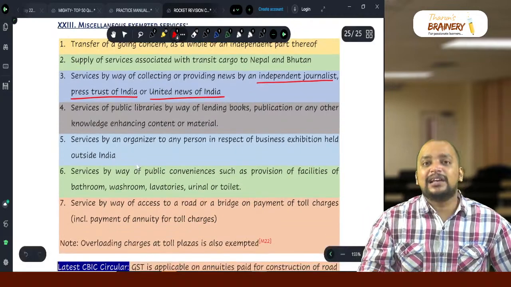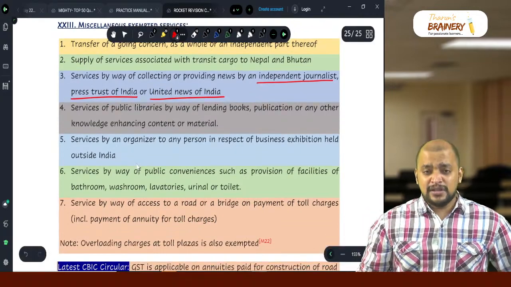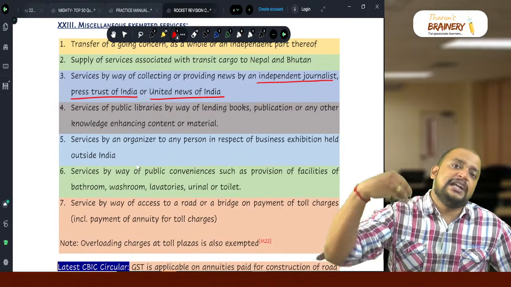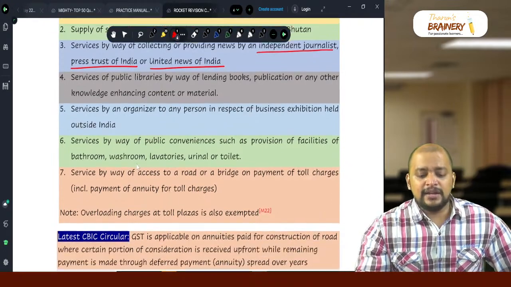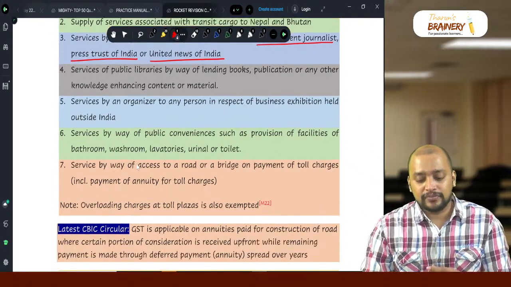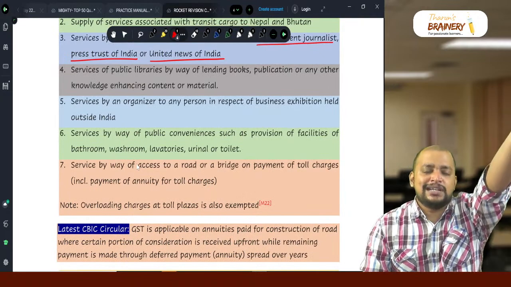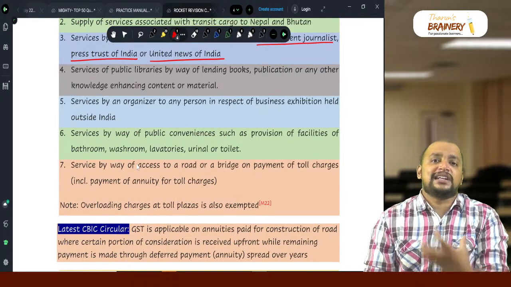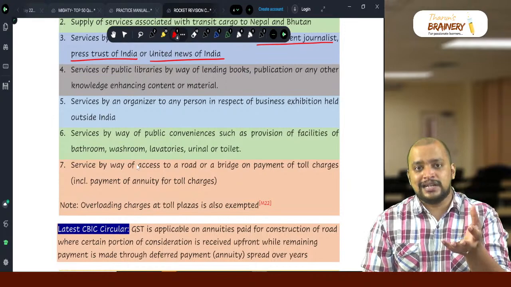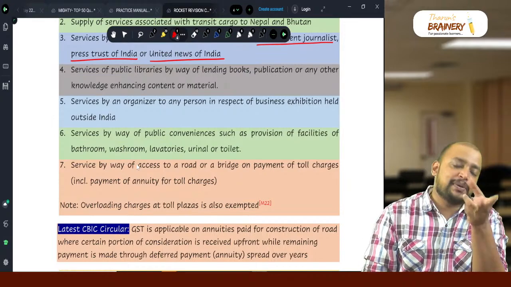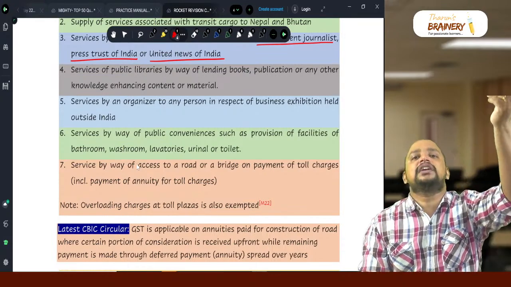Then public libraries, so lending libraries, so the lending fee collected for lending the books, exempted. Then there is a business exhibition which is conducted outside India. There is an organizer who is conducting a business exhibition outside India. Even though both are in India, supplier and recipient are in India, but the exhibition is held outside India, the